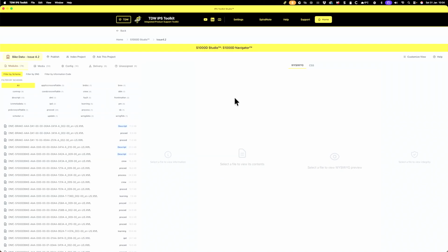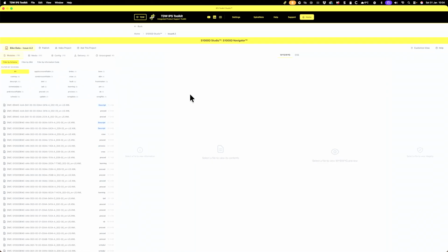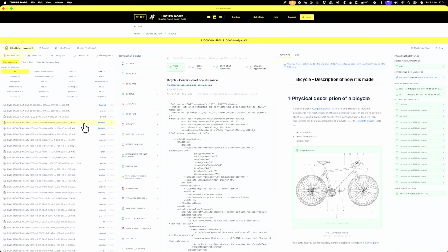If I just click on S1000D bike data here, and make that a little bit smaller so you can see a little bit more of what's going on, on the left-hand side it's pulled in all of the S1000D stuff, and you can see that this is all being driven dynamically in the background. And what's happening here is this is now working. So students, this is all being driven from the S1000D download package. If you download the S1000D package, this tool will work and it will just load it and show it working. I'm not going to go through all of the features here,